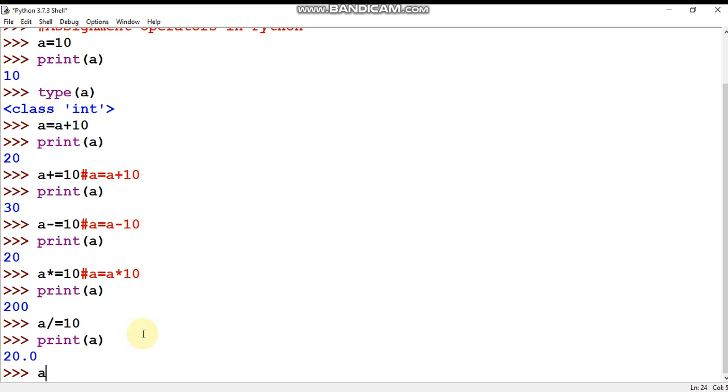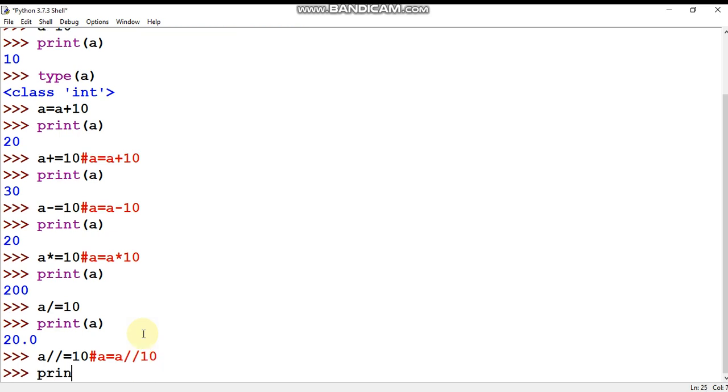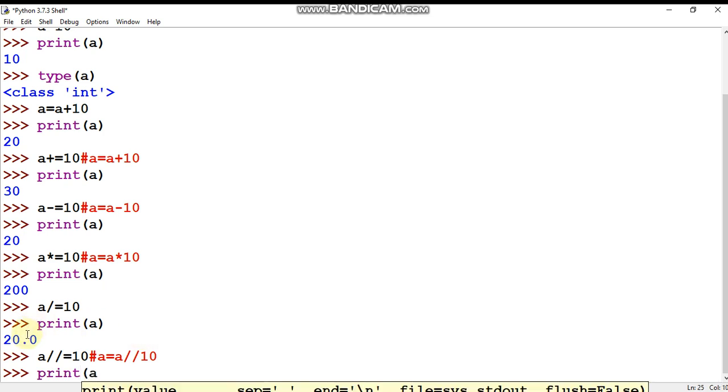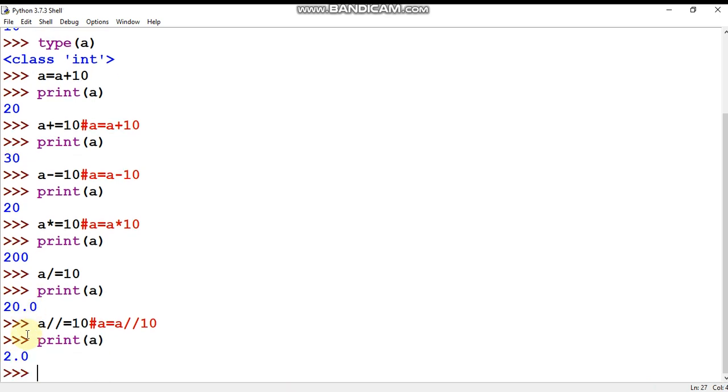Now same way you can use floor division, a floor division equal to 10. So this is just equivalent to a equal to a floor division 10. So the value of a, you can see here, 20 divided by 10 floor division, so the value will be 2. So these are the shorthand operators.